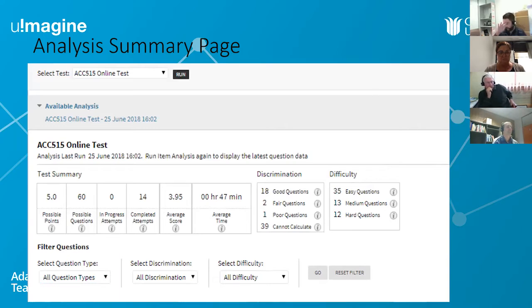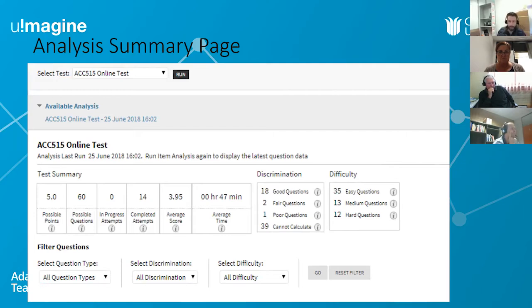And the structure of the test itself has some interesting implications for your ability to use these stats at a high level, or whether you need to do some manual handling of them, as I'll demonstrate with what Danny does there. But just to provide you, obviously you can see the possible points available in the test, and from memory I think each of Danny's questions here were worth